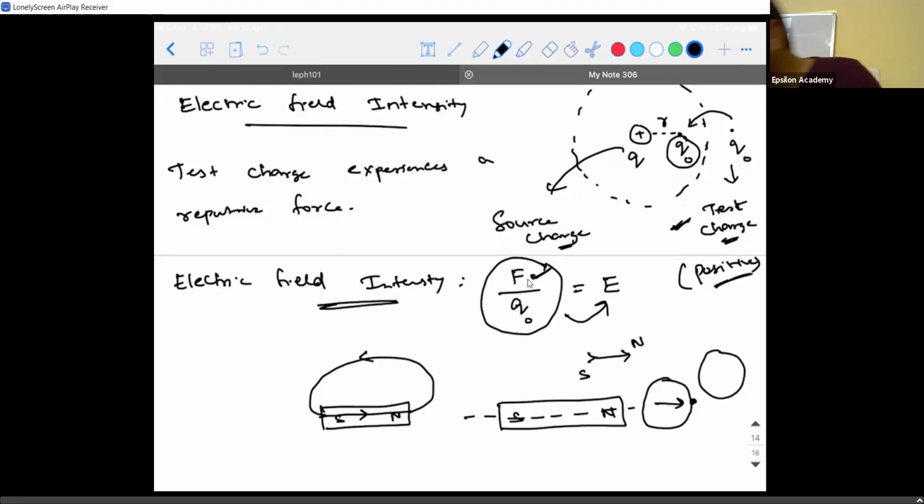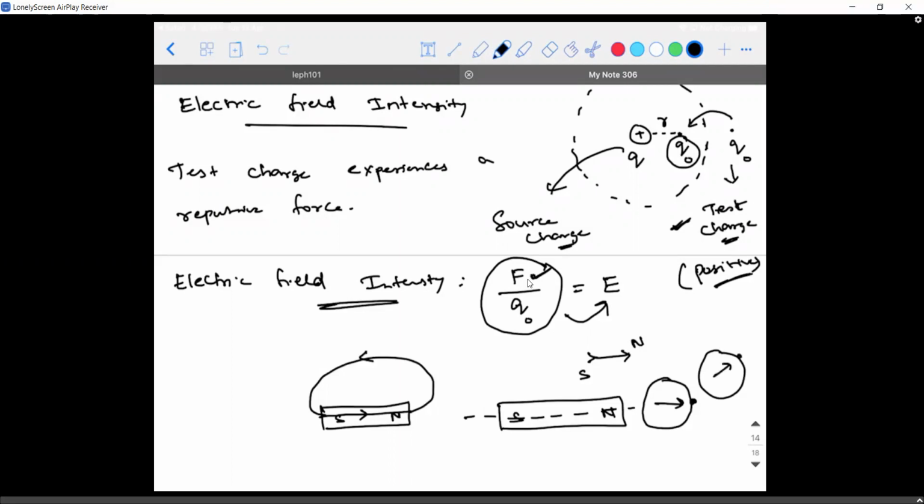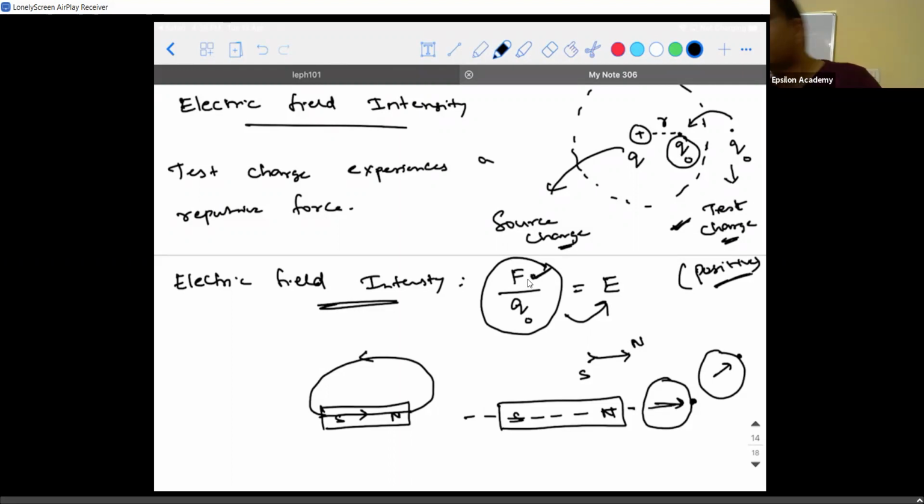Right? Again, from the compass, if I keep a dot here, and then keep moving the compass like this, I'll be getting a set of dots. If I join all these dots, I will get a particular shape, and that particular shape is what we call a magnetic field line. But who decided the direction here?